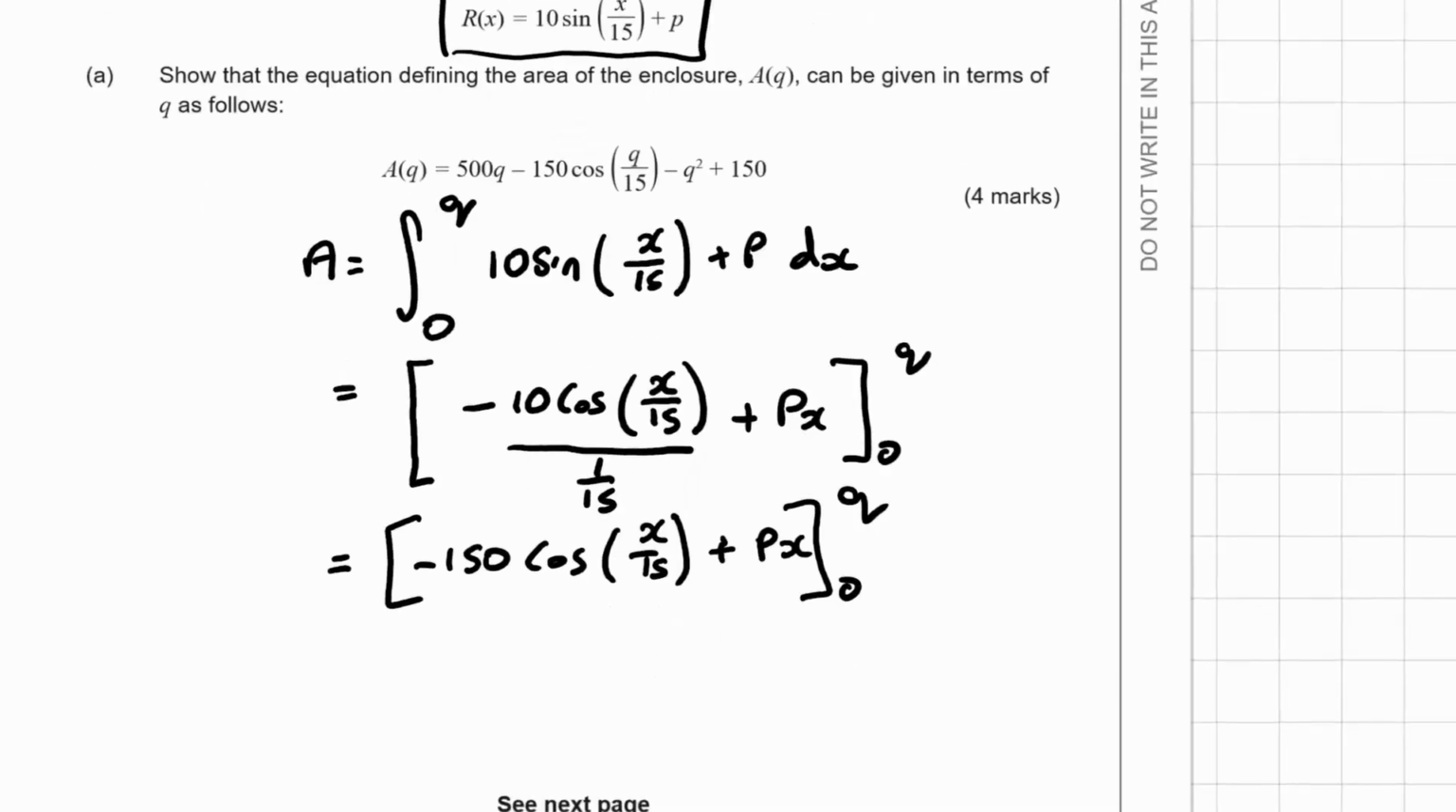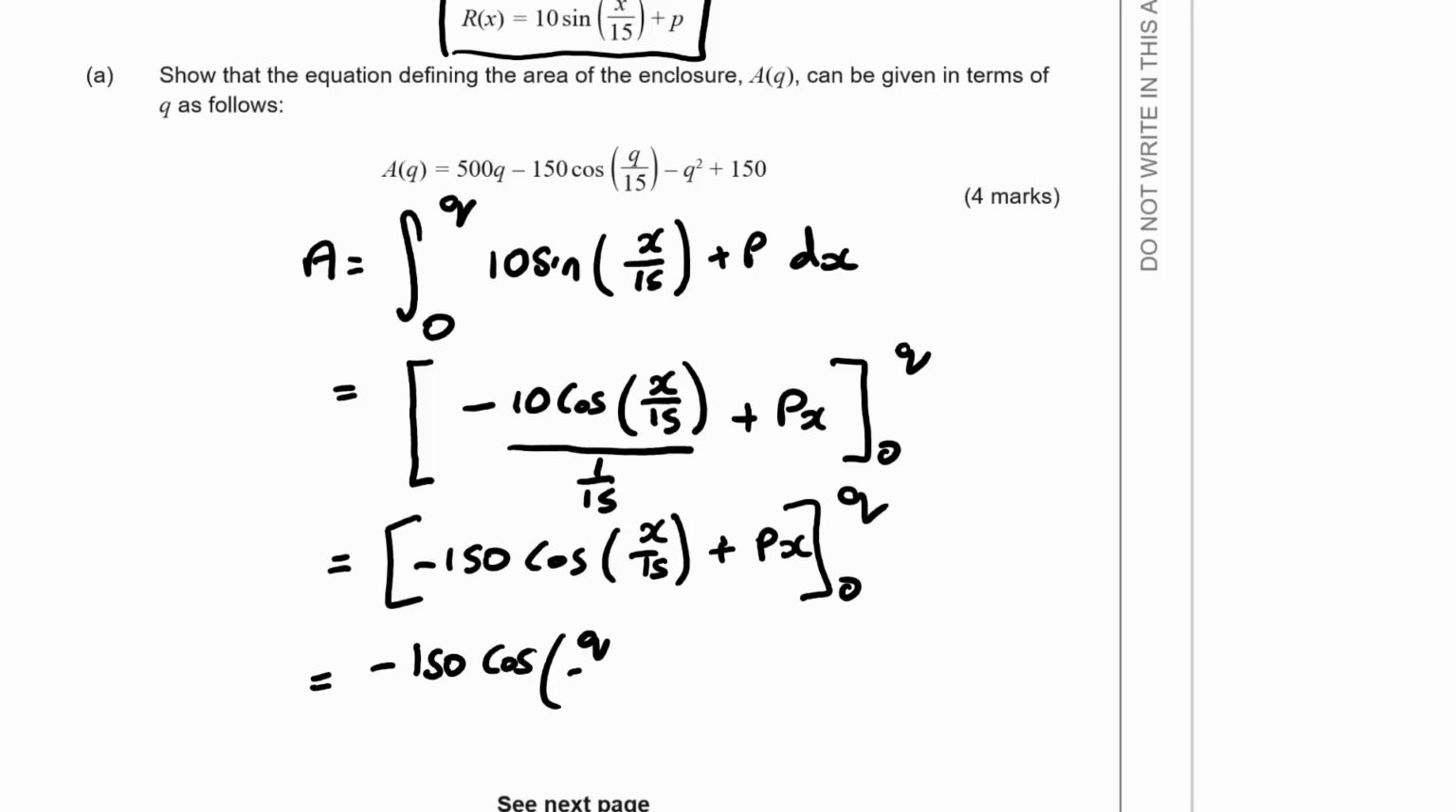Okay, let's see what that gives us then. With the top limit, that's negative 150 cos q over 15. That's that bit of the equation, so that's nice. And then we've got plus pq. And then with the bottom limit, that gives us minus 150 cos 0. So that is going to be,